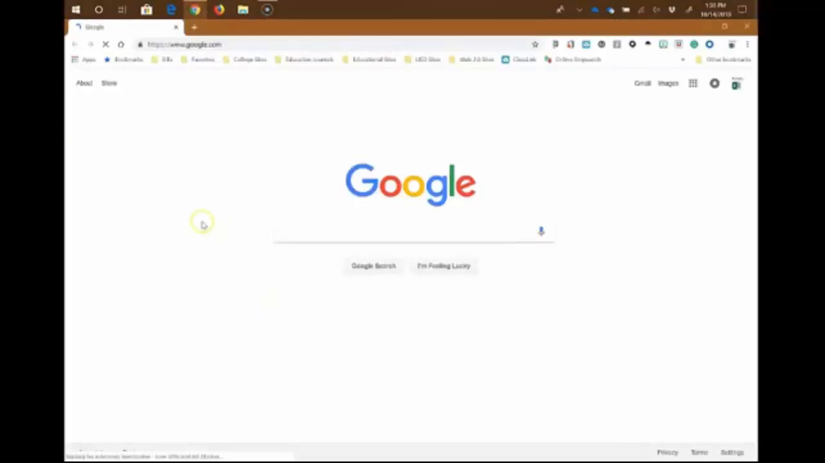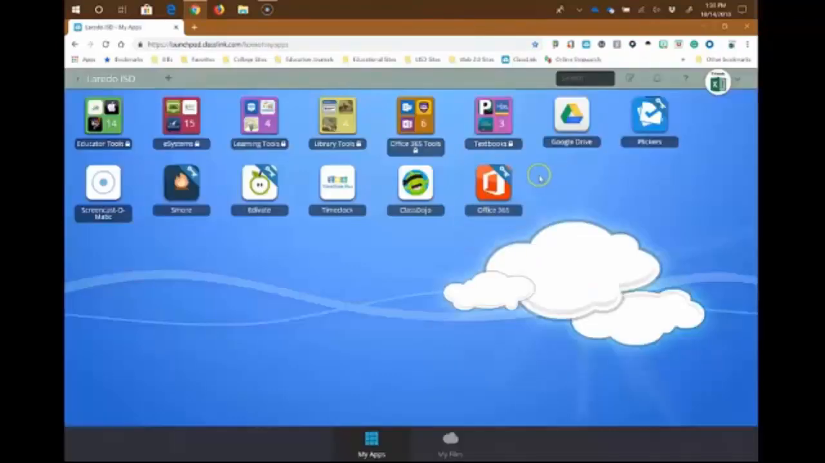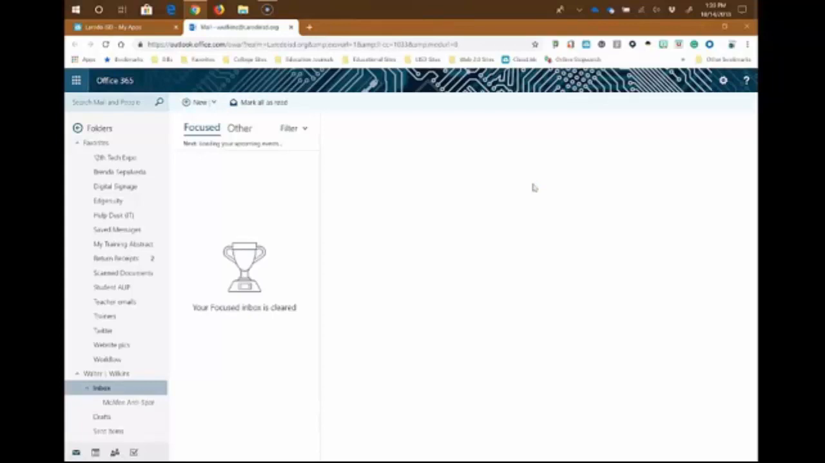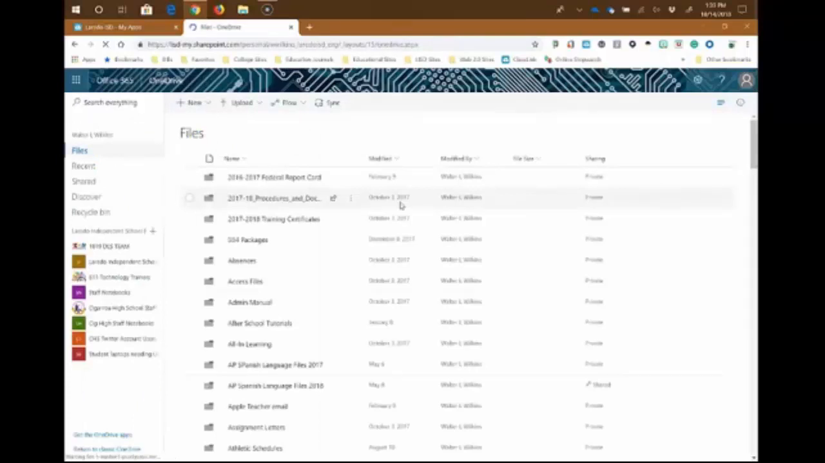Okay, to log into your Microsoft Office 365 account, we need to go to ClassLink, which is the district's single sign-on service. Sign in. Click on Office 365. Okay, mine defaults to open to my email, which is what most people's does. Now, in order to create a new OneNote notebook, the first thing you have to do is go to OneDrive. Once OneDrive is completely loaded,